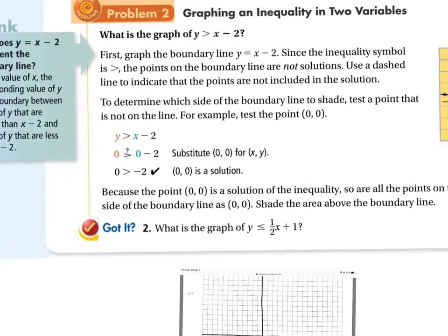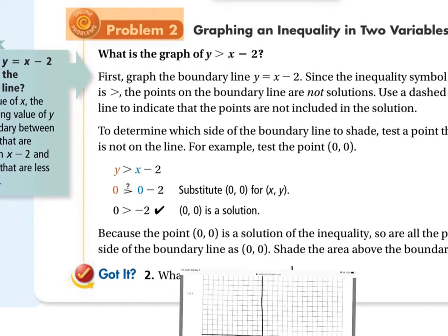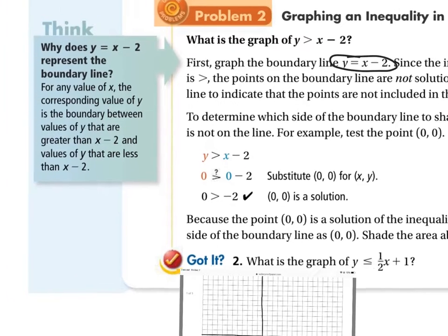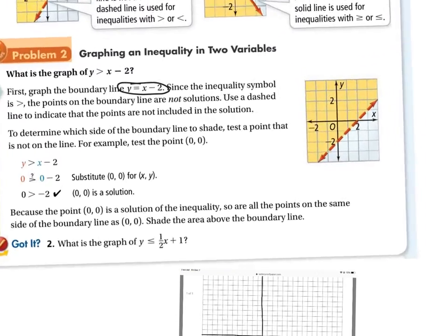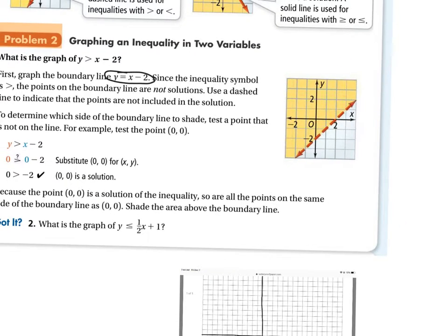So if you look at problem 2, they're asking what is the graph of y is greater than x minus 2. First, we're going to graph y equals x minus 2. We're going to find some points for that. To do that, we would probably make a table. The book's not showing exactly every little thing that they're doing here. But like we've talked about before, if you want to pick 0, 1, and 2 for some points, if you put a 0 in place of x,